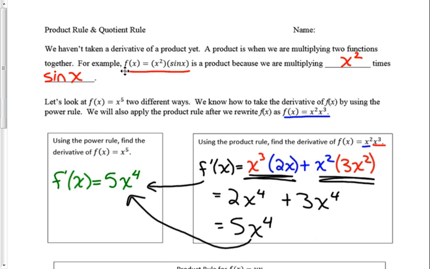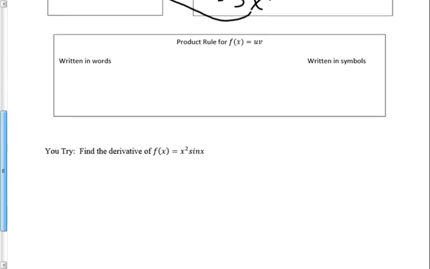So let's go ahead and write that out. So our product rule is f of x is equal to u times v. I'm going to rewrite that, and over here when I'm writing in words, I'm going to say f of x is going to be equal to the first term times the second term. And you may use words or first and second the way I've written it, either way, but the derivative is going to be